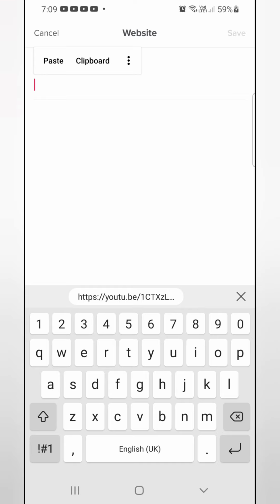As you can see, guys, there is already the link copied from my YouTube video, which got 4K viewers in the last nine months. Once your followers in TikTok click on this, it will automatically take them to your video. Next, as you can see on the top, there is a red Save button. Just click Save.